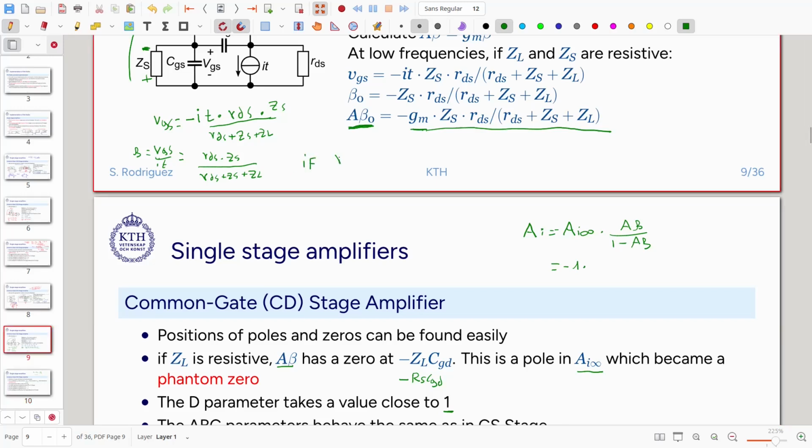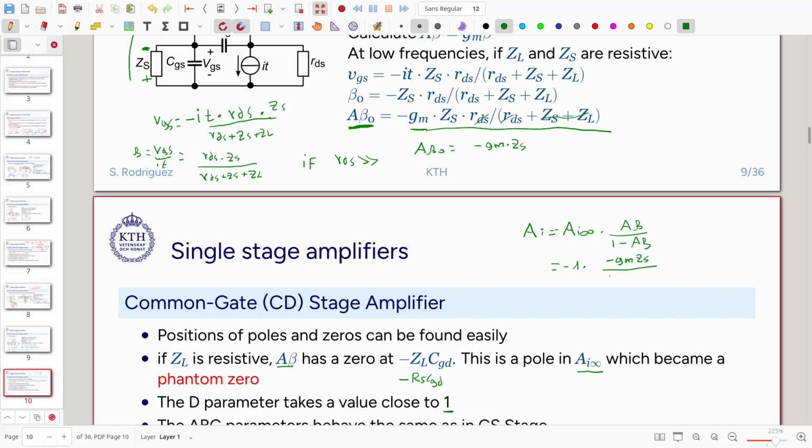If RDS is extremely large, which is typically the case, we have that AB0 will be equal to minus GM times zeta s. If RDS is very large, then I can basically omit these ones, and that will get simplified. So under this condition, this is approximately GM zeta s